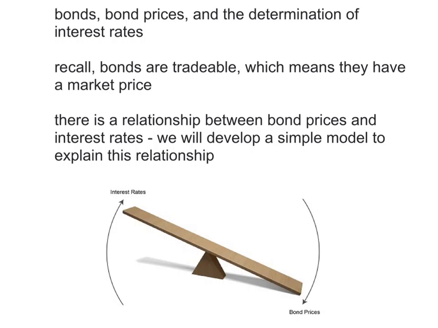We are now going to go in depth into the study of bonds, bond prices, and how interest rates get determined. So remember, bonds are tradable. Because they're tradable, they have a market price. So there is a relationship between bond prices and interest rates, and we're going to create a simple model which